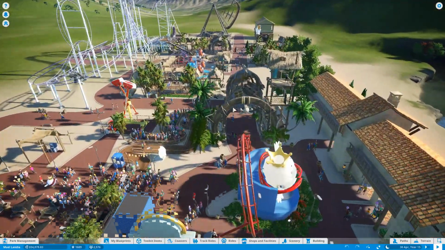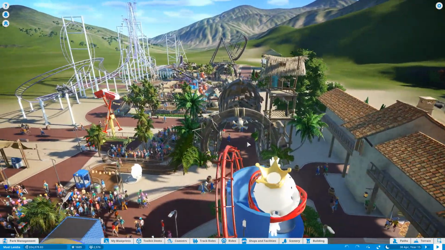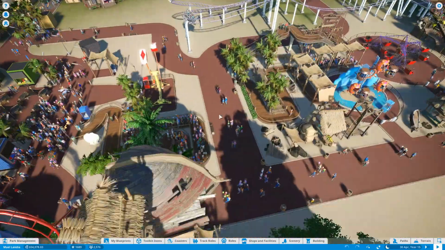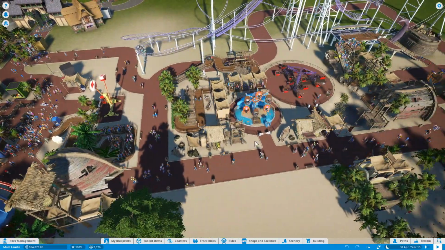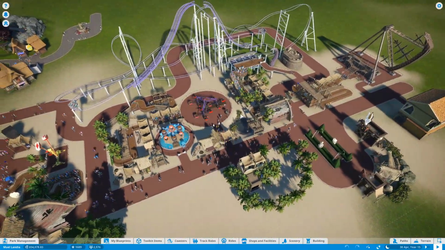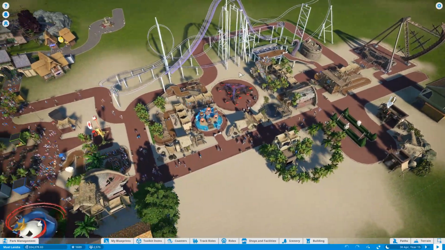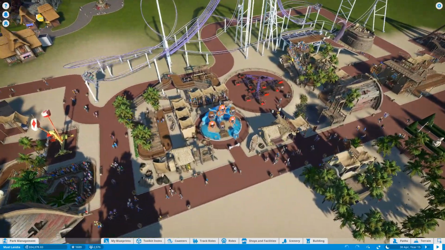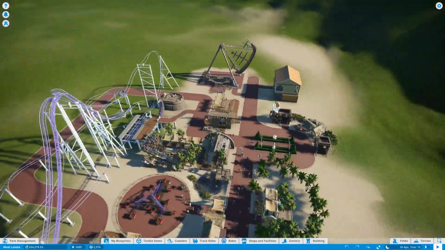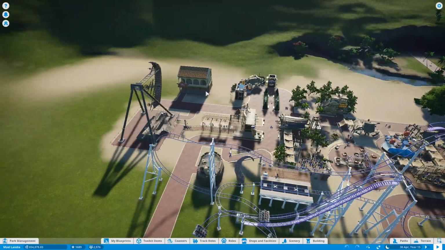But let's have a little look through this pirate section. So obviously we've got this very standard looking pirate entrance into a lot more well themed areas. So here we have obviously a couple of flat rides, or 3 of them, a coaster, which was the first coaster I actually built in this park. And then obviously there is a pirate ship, got to be in the pirate area, and some shops and a